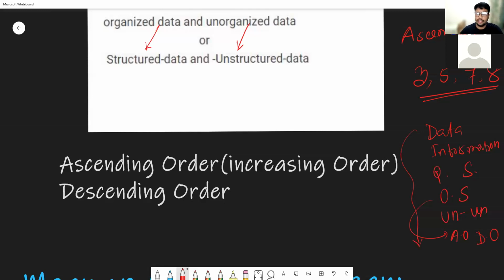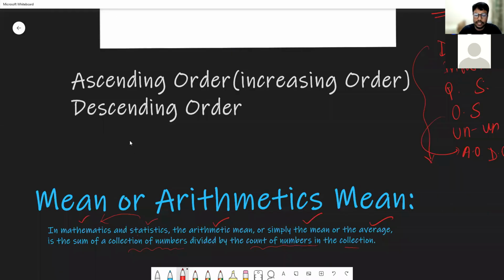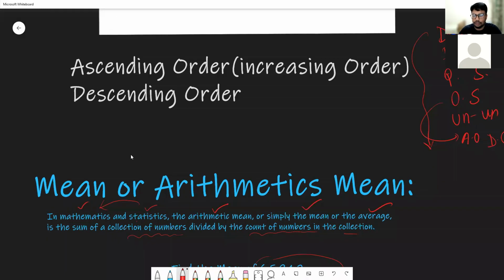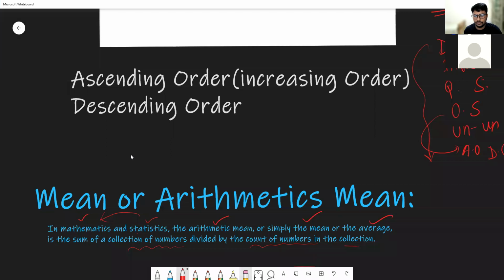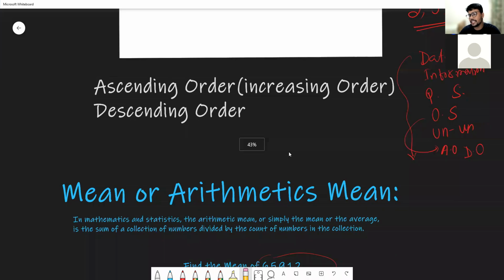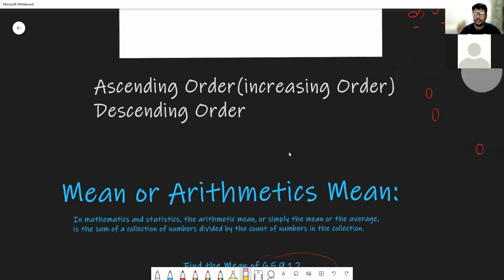Yes, it's okay. Now, this is another word. Wait, data, information. Let me be sure again that the things you write are in red ink. Data and information, and information and data. Then the topics here: data, information, then primary data, secondary data, and then organized and structured, unorganized, unstructured, ascending order, descending order. So these are the key words in these topics. Clear? Yeah. Okay, now